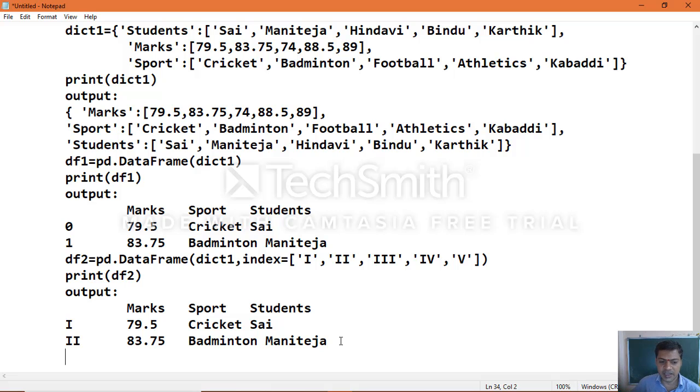Like the charity example which we saw when we worked with the series object concept, in a class with different sections, how much amount each section contributed for charity. The same example is shown here again.